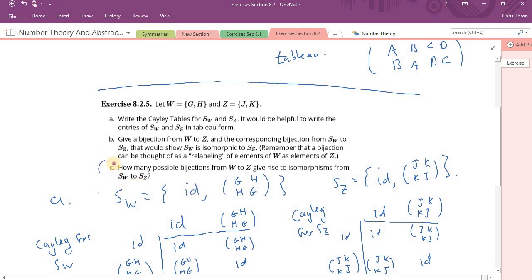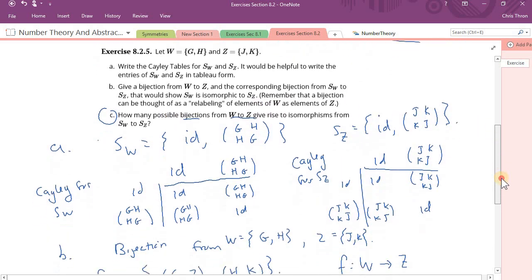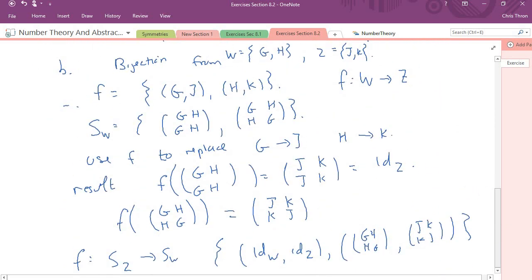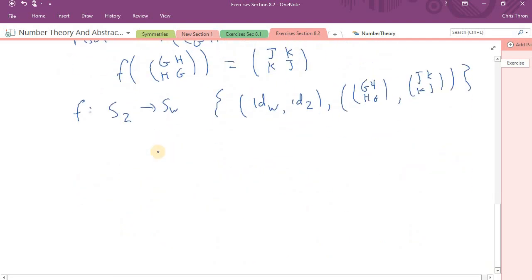Now, what about part C? Is this the only bijection from W to Z that gives this isomorphism? And the answer is, actually it's not. This one, I took G to J and H to K, but I could also take another bijection from W to Z,